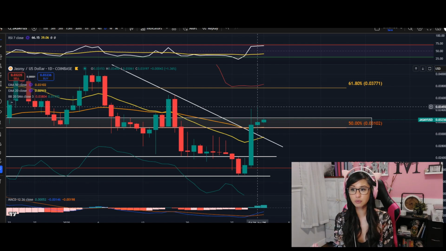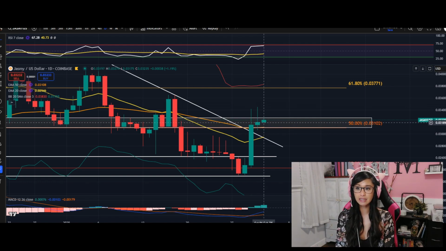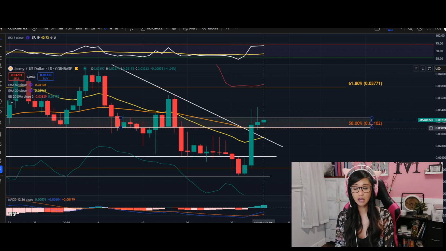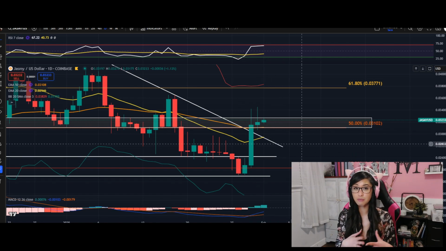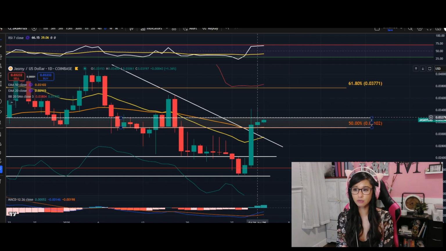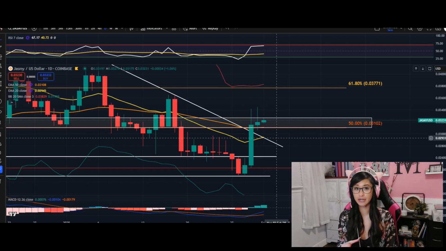We see that surge of buyers pushing the price, but mainly the bodies of the candlesticks are at the bottom here. So that means there's a lot of sell action happening as well. If we do see bigger candlesticks, a surge of the price itself and the buyers stepping in even more at this peak, then we can continue on. But just be careful, because a retracement, or especially a correction, may be on the horizon for the next couple of days until we see buyers step in more and essentially change this bear market into more of a bull market.